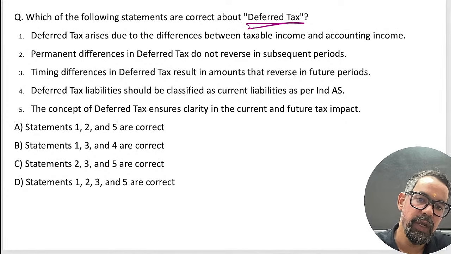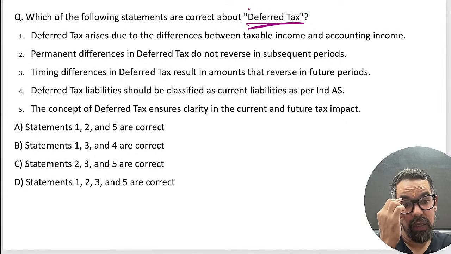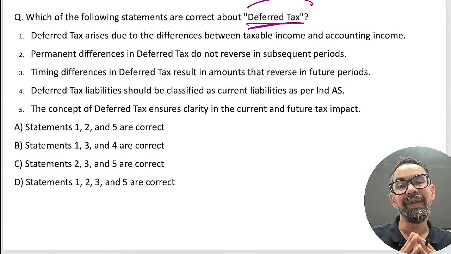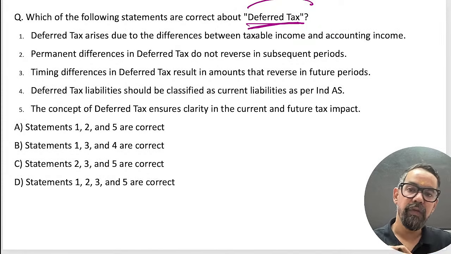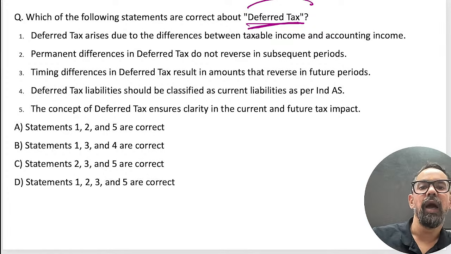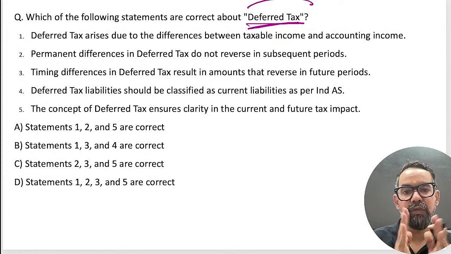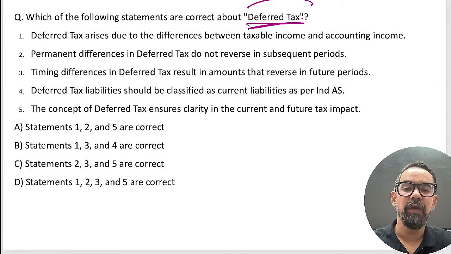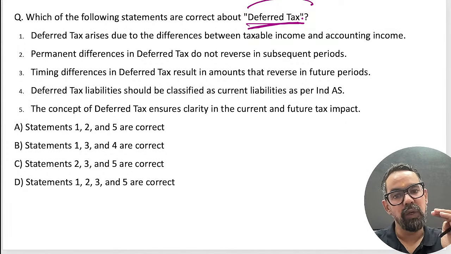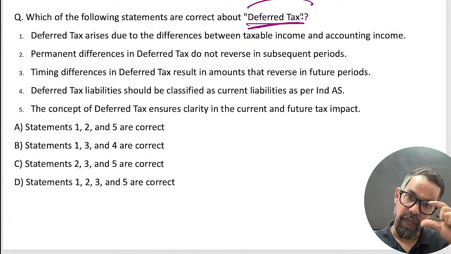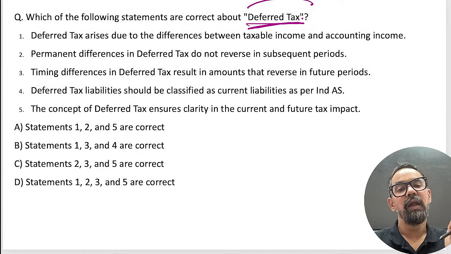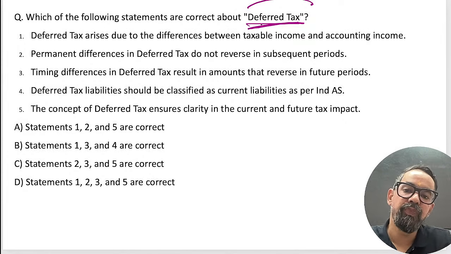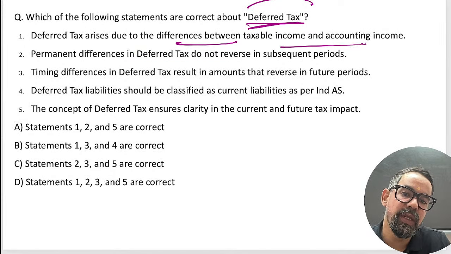Deferred tax. It can be an asset, it can be a liability. So deferred tax, actually, what happened? The income recognition rules differ as per the Income Tax Act and as per the Company Act. So sometimes there is a difference between the overall tax liability and the actual tax paid by the company. Let's say the liability was 1 crore and you have paid 1.5 crores, so the 50 lakh is a deferred tax asset, or the vice versa case is your liability. So deferred tax arises due to differences between taxable income and accounting income.